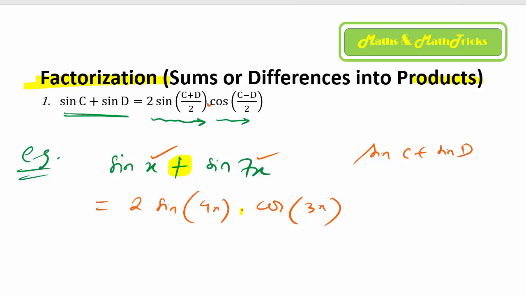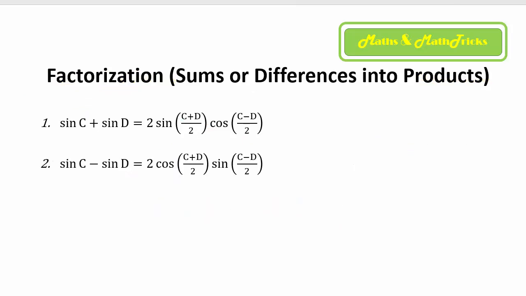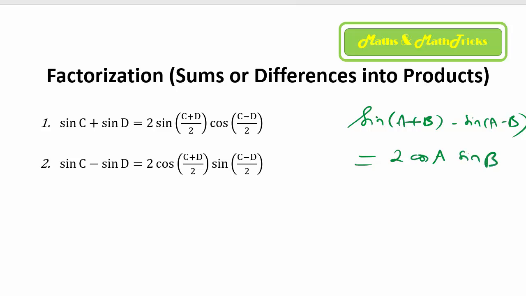Alright, not only this, as we know, sine C minus sine D always exists, because we realize that when you subtract sine of A minus B from sine of A plus B, you know that this is the result of the second term in the compound angle formula, 2 times cos A sine B. Isn't it so? So that's why the formula for sine C minus sine D is the result of sine of A plus B minus sine of A minus B, which gives rise to 2 times cos of C plus D by 2 into sine of C minus D by 2.